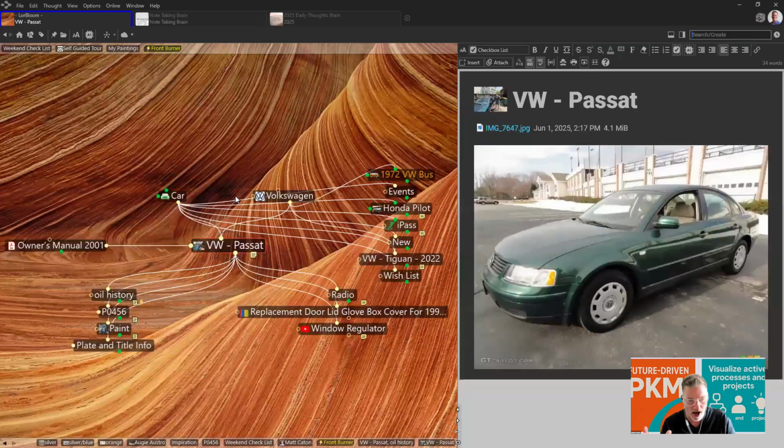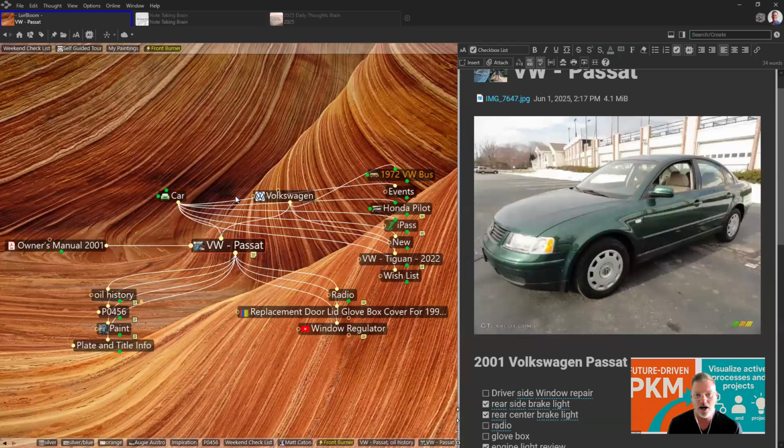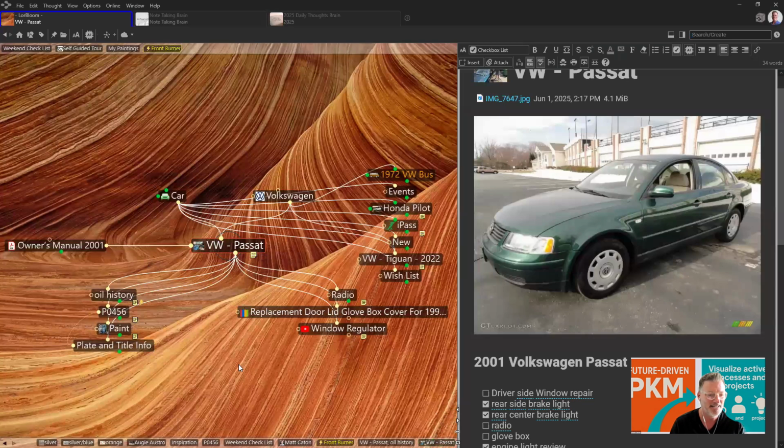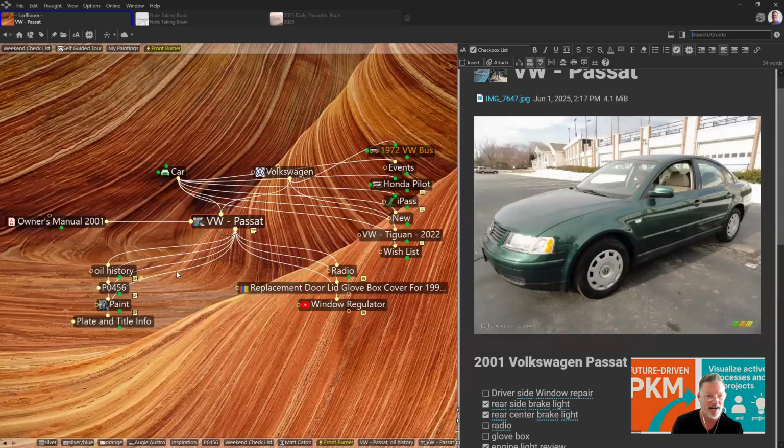So here's the thought. There's the car. You can see I even have a zoomable icon of my son washing his big purchase. So he would be terribly embarrassed if he knew I showed that today. But regardless, I'm collecting everything that is important to me for this particular project. And it's not going into a silo. There are parts of this project that simply couldn't be in the same location without the brain.